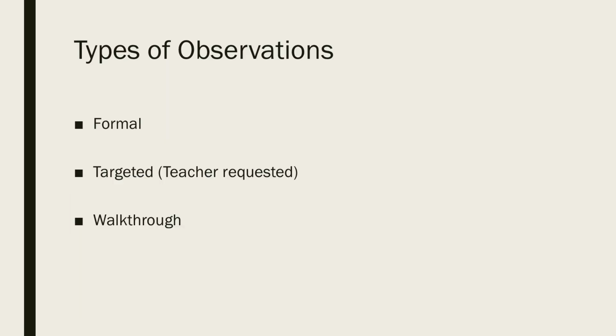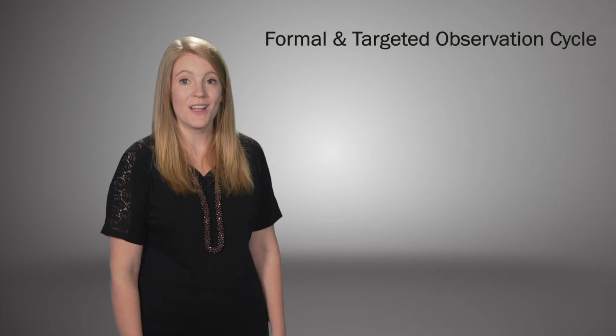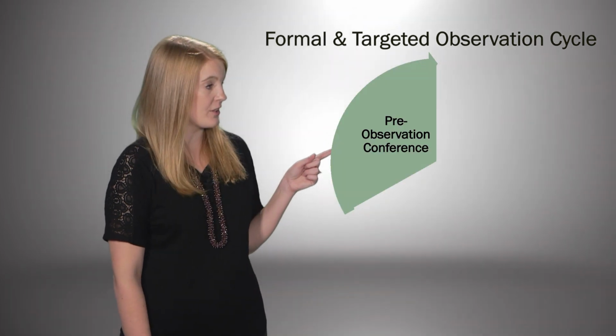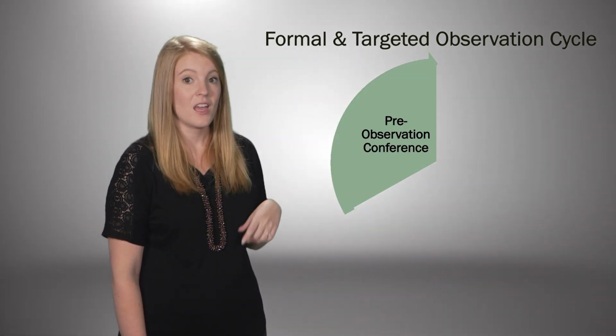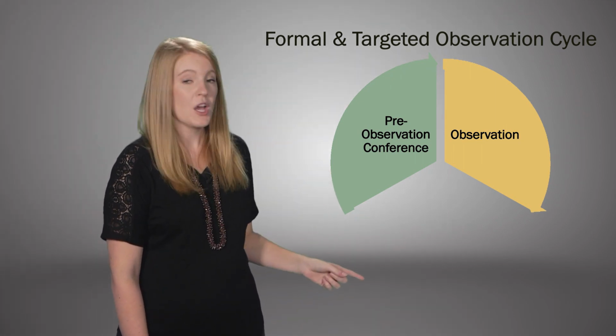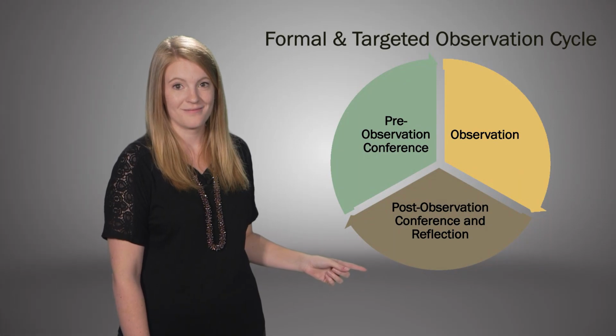There are 3 types of observations: a formal, targeted, and walkthrough. There will no longer be informal observations. A formal and targeted follow the same observation cycle. The cycle consists of a pre-observation conference, an observation that is at least 30 minutes in length, and finally, a post-observation conference. If you are on an annual, professional, or continuing contract, then you will receive a minimum of 2 formal observations. If you have been newly hired to the district and have a probationary contract, then you will receive a minimum